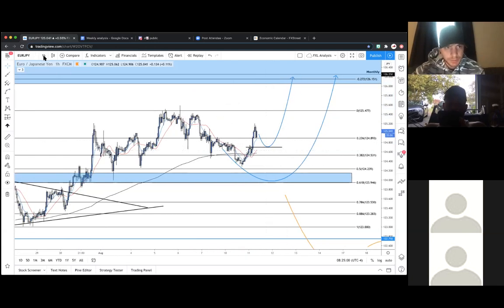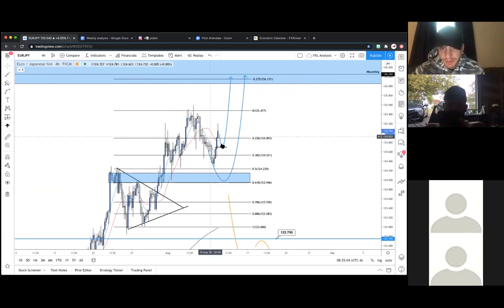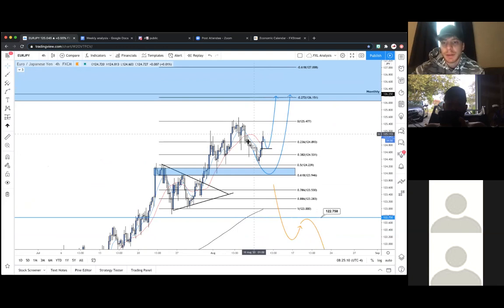Okay, if you want to just tighten it up a little more, get a little better risk to reward, nice entry there as well. So let's go to the 4-hour. Yes, you could see a little bit of a pullback. Look to get in on some wicks or a quick retest of this broken zone, and then target higher.